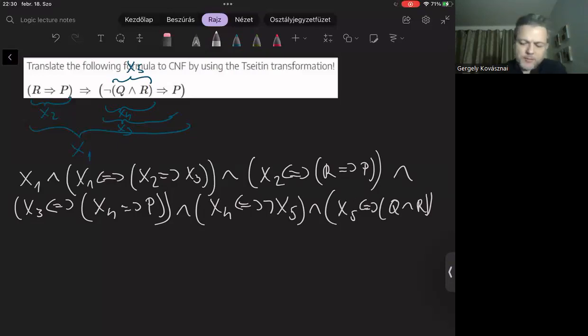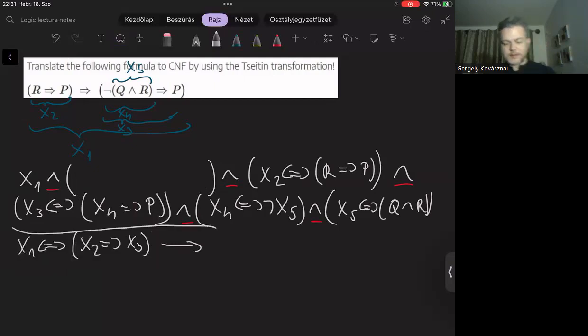It looks quite promising because, you know, the main operators are conjunctions. It consists of equivalences. I have to translate my equivalences to CNF as well. This is really great because I can do this translation to CNF one by one. I can translate the first equivalence to CNF, then the second one, separated from each other. Yeah, so this is what I'm going to do. I'm going to translate the first equivalence to CNF, this one.